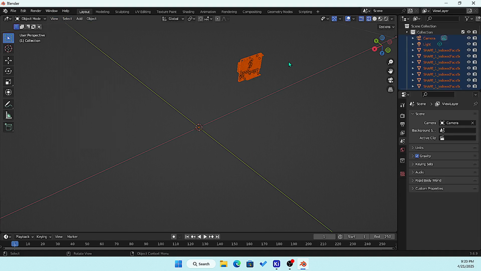Select all. Okay, so I'm not seeing screen cascade, and all right, so and